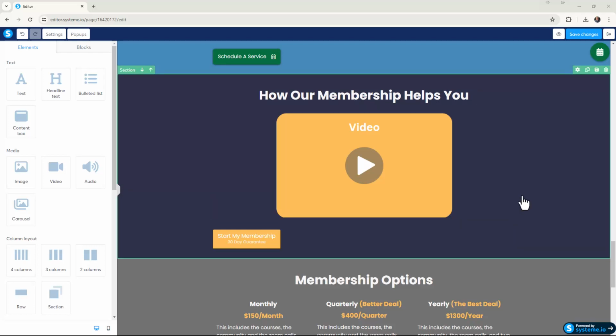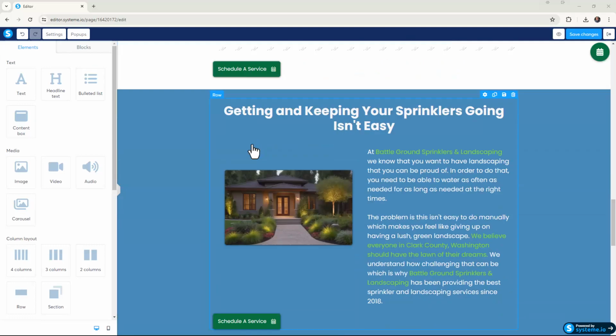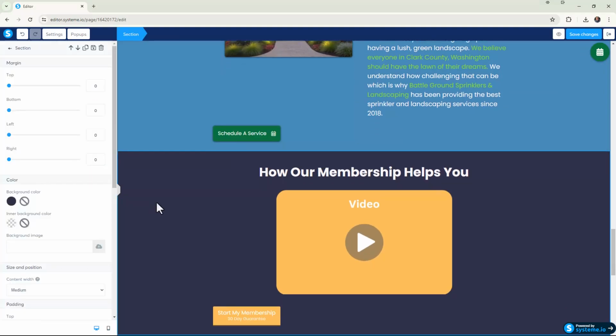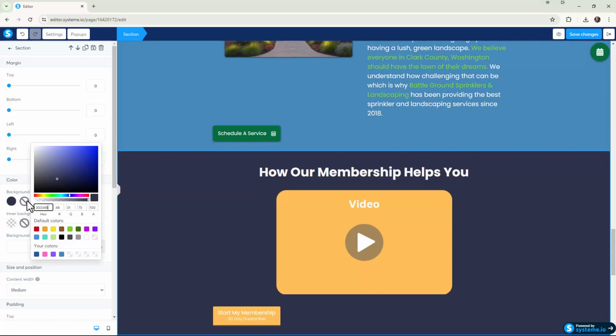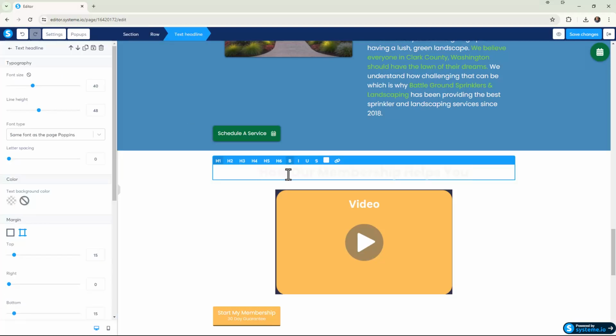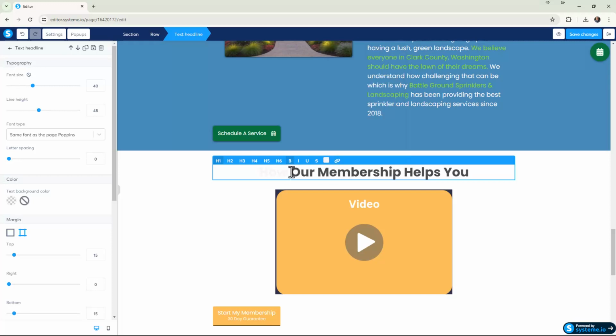But what I'm going to do is keep this video section, and our background here is going to be a white background. So I'm going to click into the section and go over to our background color on the left, click on that, and make this a white background. And then here we're going to change to a darker color. And then we'll do something like all about Battleground